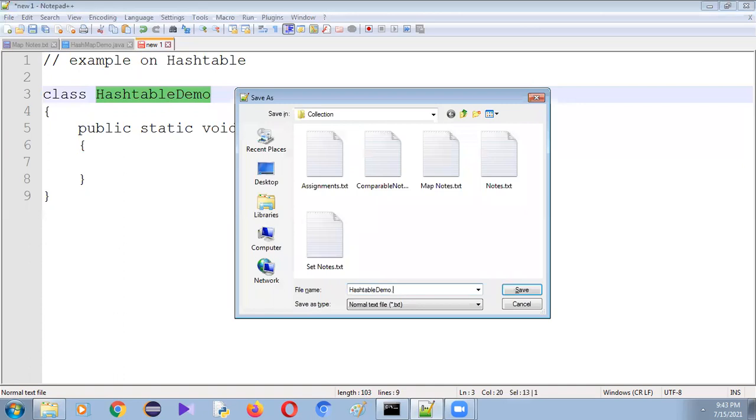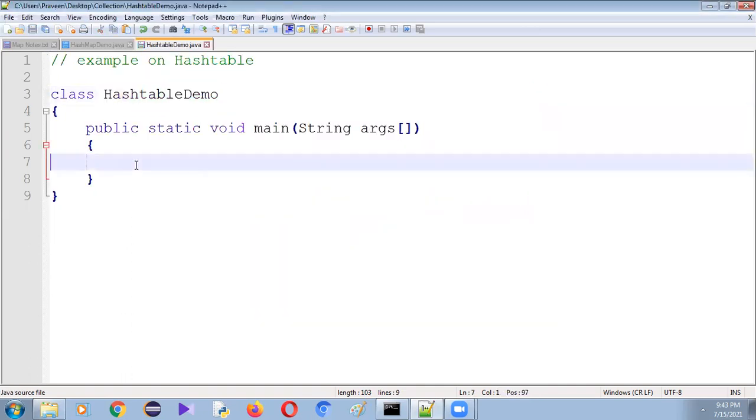Save the file with the name HashTableDemo.java. Okay, so here I want to create the object of hash table. So hash table uses a concept called hash table to store the elements, so insertion order is not preserved.